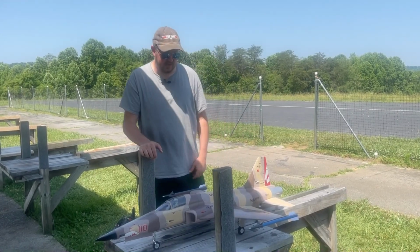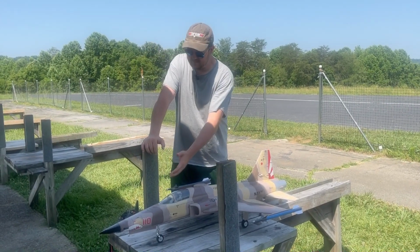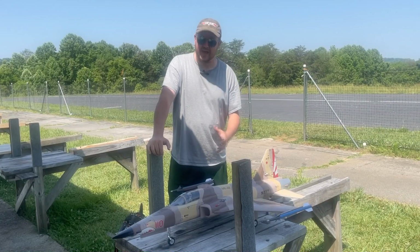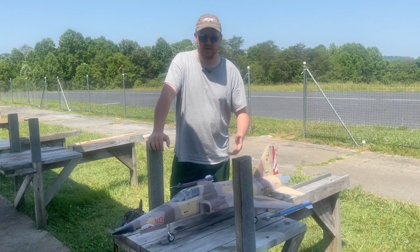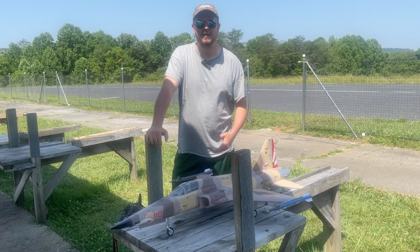You'll notice it's a pretty scaled down model, doesn't have any lights, doesn't have a nose gear light. It's just pretty much lightweight, should be a fast performing bird. We'll try to get in the power a little bit today. However, we will have a future flight review where we'll put it through some more paces. This is just get it up in there and get it lined out and see how it feels on the